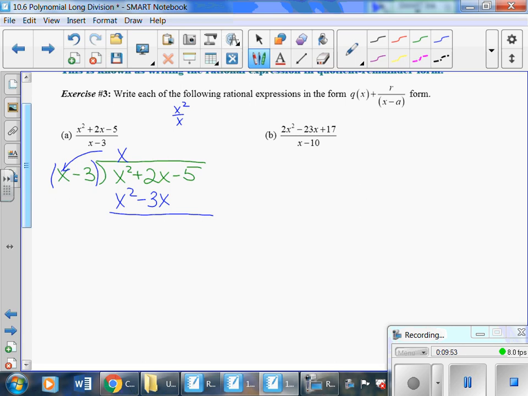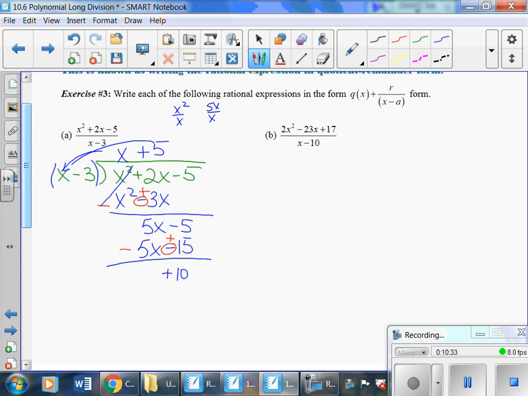Now I'm going to subtract. So minus, plus, these cancel, and I get 5x minus 5. And now I get 5x divided by x, which is positive 5, of course. So now multiply this by this, and I get 5x minus 15. Remember now to subtract. Minus, this is one of the places people make the most mistakes. So positive 5 plus 15 is a positive 10